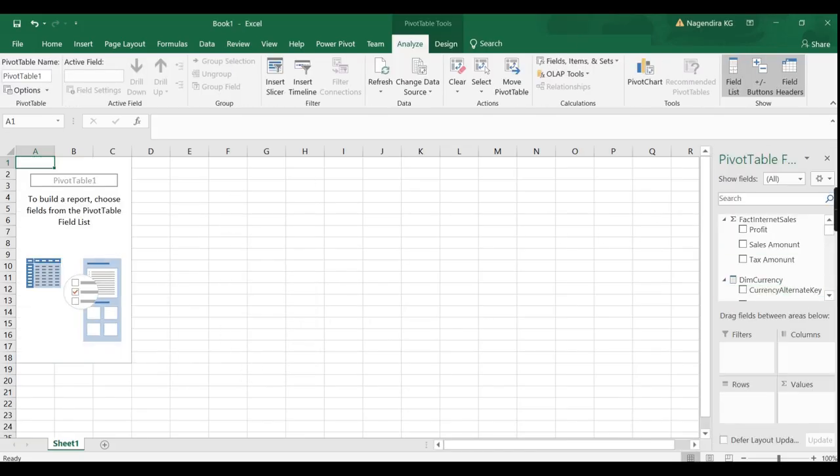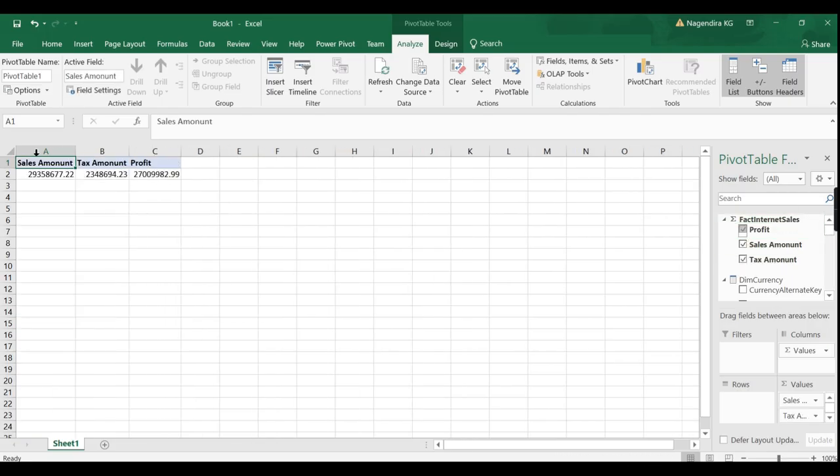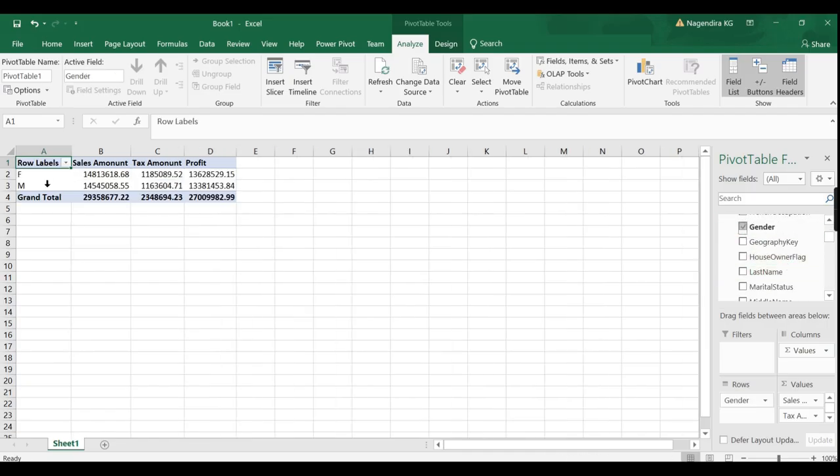Okay, you can analyze using a pivot table, how you analyze in Excel. So now these are the two measures we have created: sales, tax, and profit. Now you see these measures appear here. Okay, and I want to analyze from a different perspective, like different dimensionality, like which gender. In female, this is my sales, and you can have other dimensions, like from which